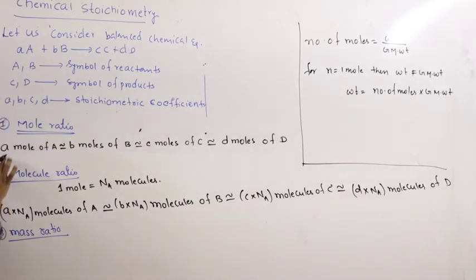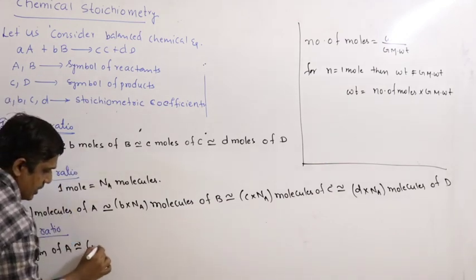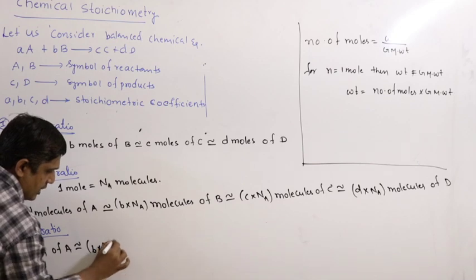We have a moles, so number of moles equals a. So a into its molecular weight M subscript A becomes mass of capital A, stoichiometrically equivalent to, we have b moles. Therefore, b into molecular weight of B